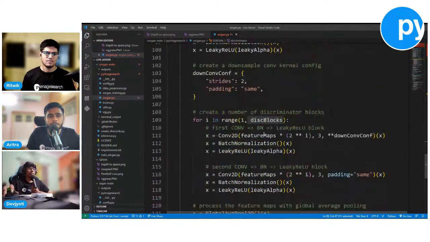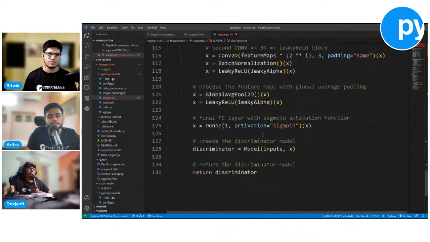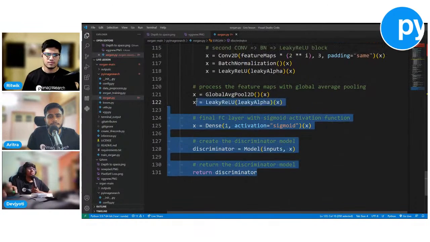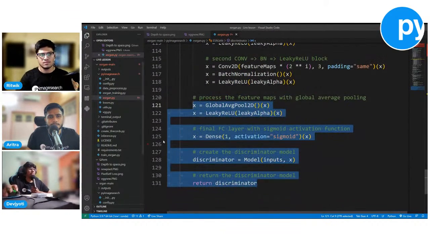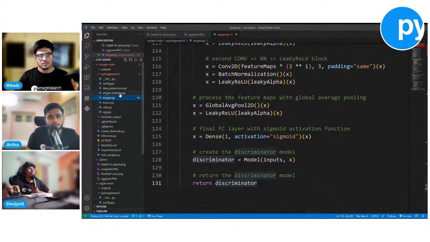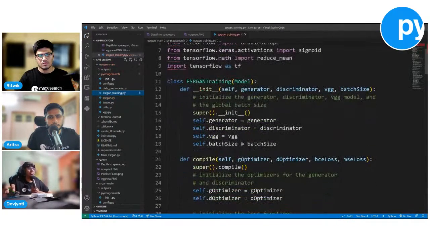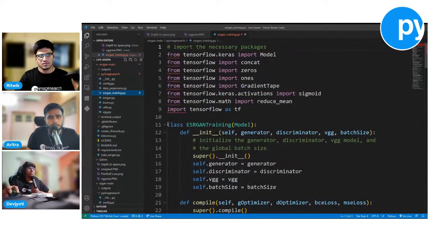With the SRGAN, not much changes. Not much changes, no. You can just utilize the SRGAN discriminator as well. It won't really matter that much. So the next change that does come across here is in the ESRGAN training.py, which we again have created a